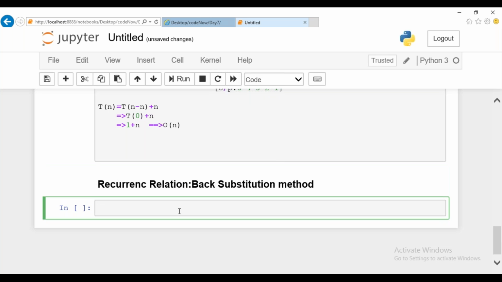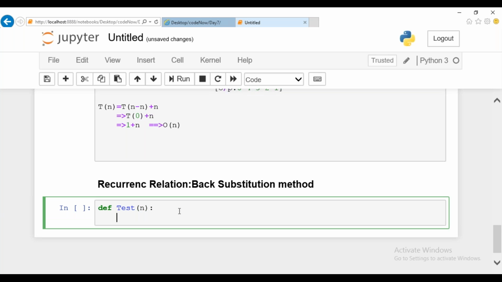What is the example I can take? For example, let me consider a small function, and here we are going to find the recursive algorithm for this particular function. Here, let me write it in Python, it will be easy, instead of another programming language. Test. Let me assume that you're going to accept the input, and here let me apply an if condition: if your n value is greater than 0,